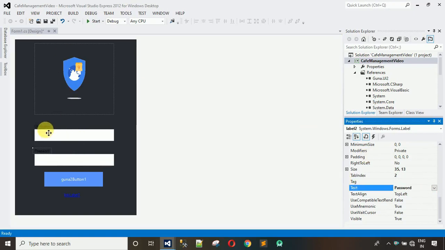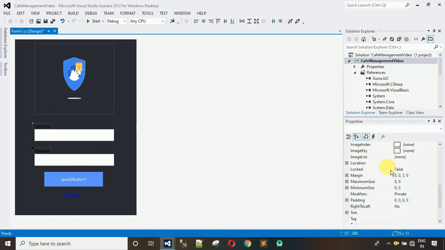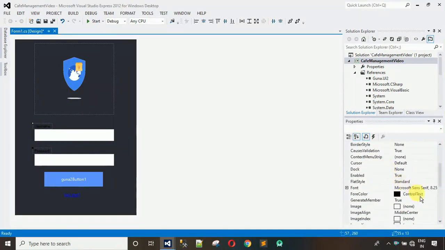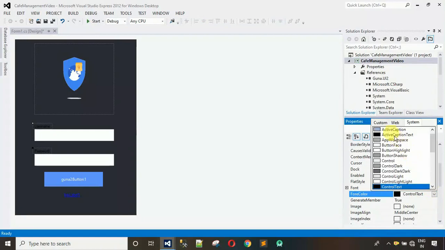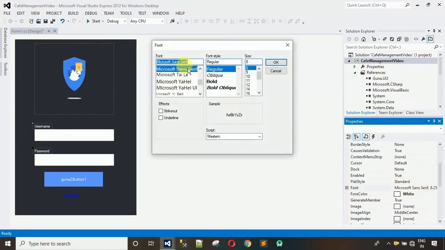And what we have to do is actually change the fore color for these two labels. So I have selected both by pressing the Ctrl key, and custom and white. And after this, what I have to do is set the font for these. So just click on this, search for font, click on that small dot, and I'm going to search for,